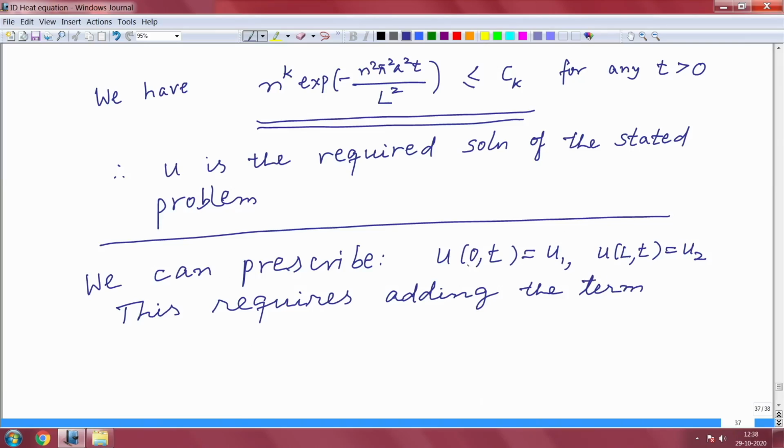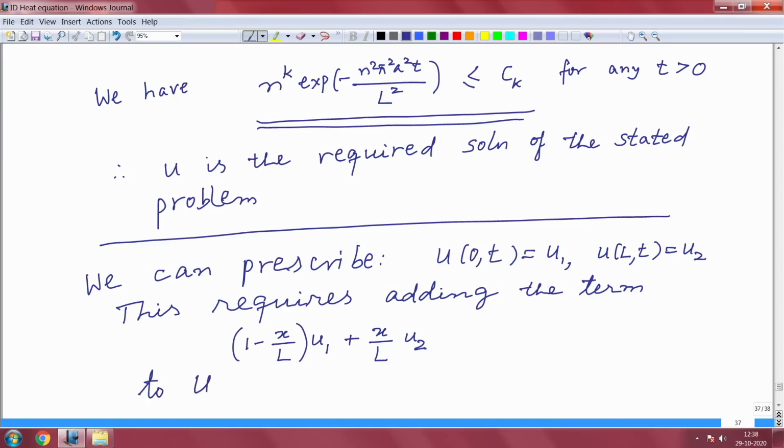At x equal to 0 I want it to be u1. So you add (1 - x/L) u1, and at L I want it to be u2. So this is just (x/L) u2. This function satisfies the boundary conditions, and since it is only a linear function of x, obviously it satisfies the heat equation. You just add this term to the solution,